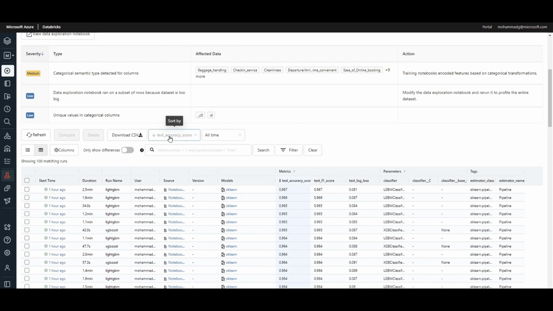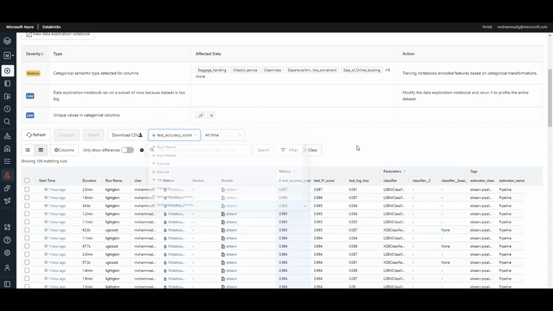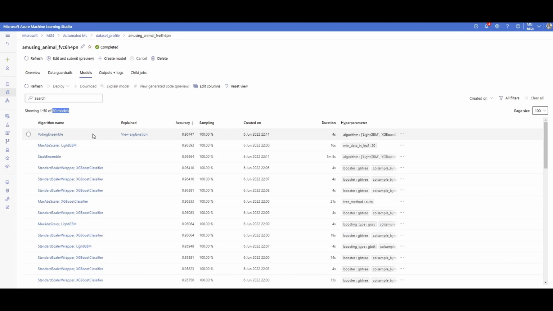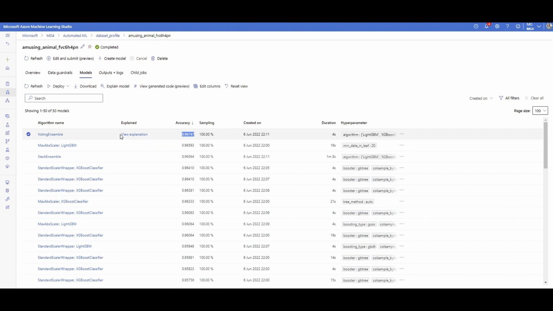So here I have sorted my results from the highest accuracy score. The first one, which has 96% accuracy, is a LightGBM model, right? But in Azure ML, the accuracy is very similar, almost the same. But this is actually